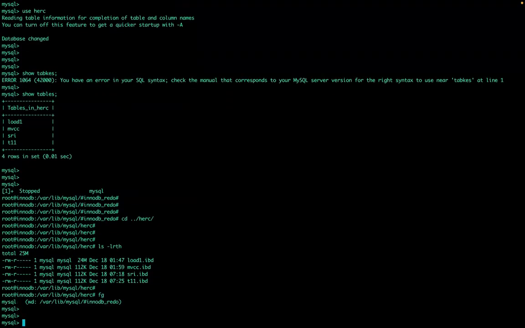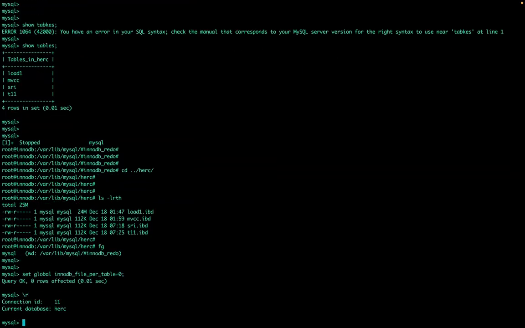Now I am changing set global innodb_file_per_table equal to 0. Previously it is 1. Now I'm changing it to 0 and I am reconnecting. Okay. Now let me do create table